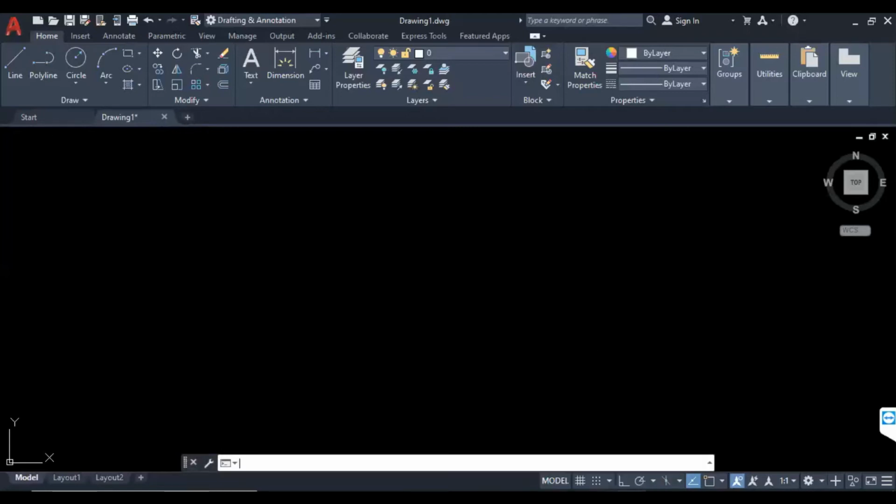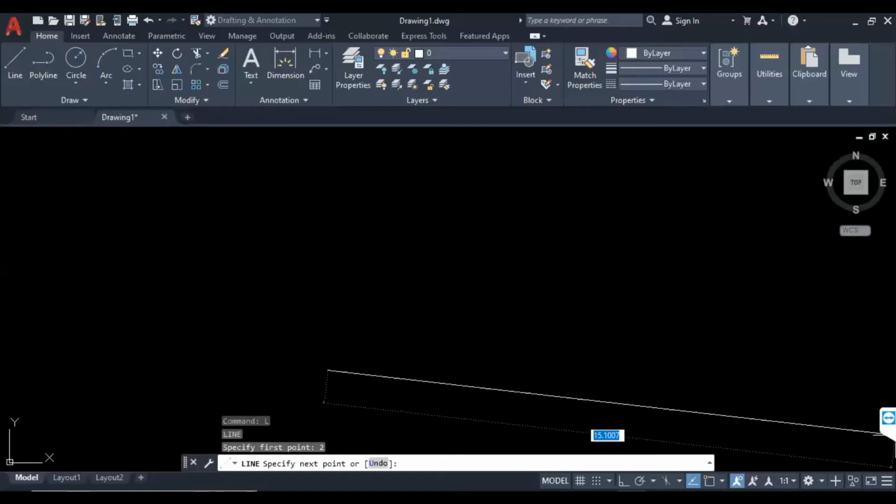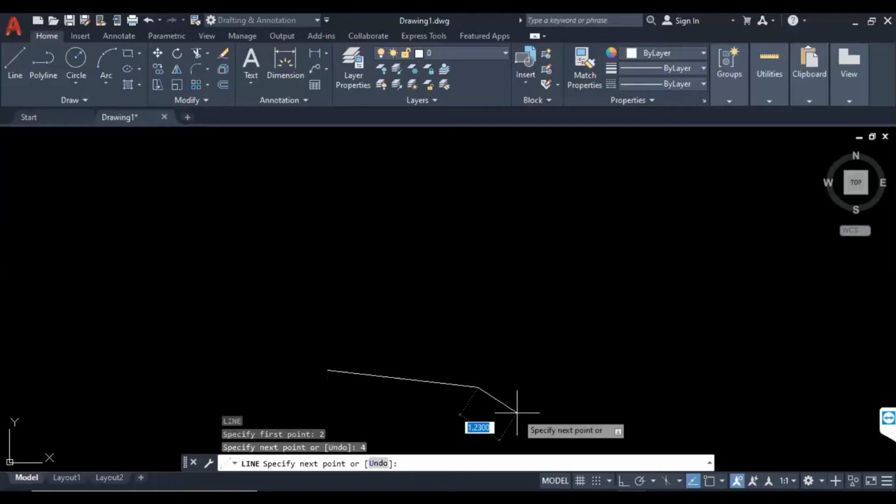Type L, using the command user interface, enter. x how much? 2, y 2, enter. x 2, y 4. Undo, U, enter, undo.